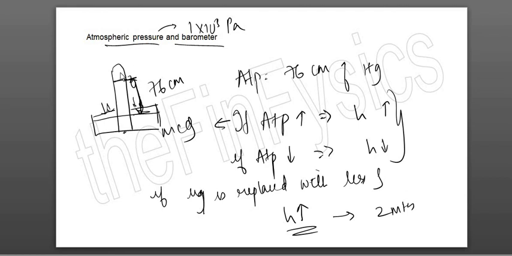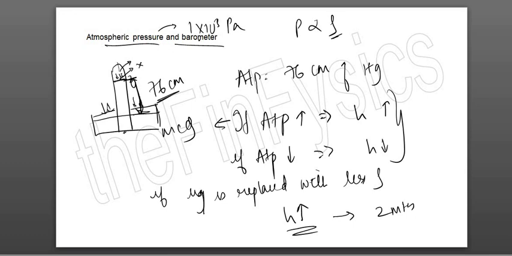Sometimes they give you that what is the pressure over here at this point? They will label it as X. Since it is vacuum, pressure over there is 0. But then sometimes they tell you that there is some pressure being exerted over here. Why? Then you write down that there are some air particles, which means this height is not proper. Or they might twist the question that the height normally should come out to be 76 centimeter, but it is less than that. Why? So you write either the mercury is contaminated because my pressure depends on density, which means density is not the same, or you write that there is some pressure being exerted over here, which means this is not vacuum, or there are air particles at the top.